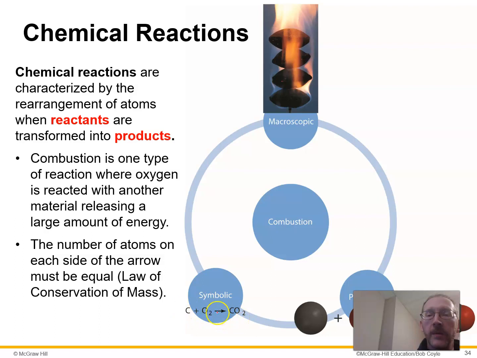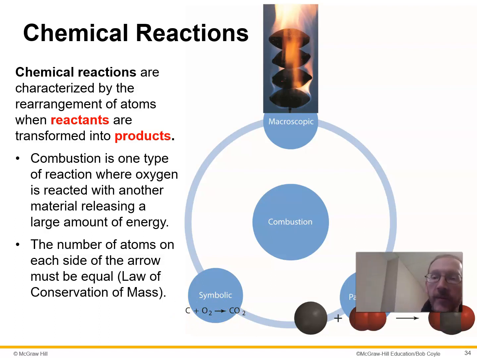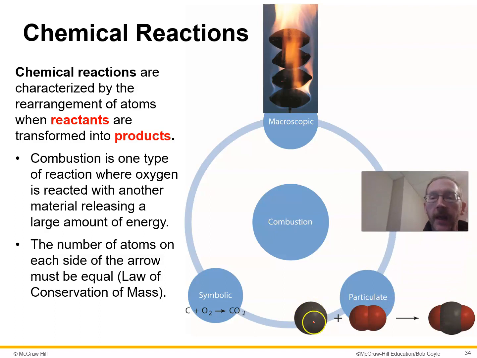So that's the symbols. If I look at that in a particulate, here is a carbon atom. Here is an oxygen molecule, two oxygens stuck together, and that makes a carbon dioxide. Now check out this carbon dioxide, which is a carbon in the middle, oxygens on either side. This representation is more realistic to the shape of the actual molecule than the one that had the carbon atom in the middle, the bonds, another oxygen, and the bonds, and another oxygen. That's showing you how they're attached, but this version here is showing you more what the shape is really like.